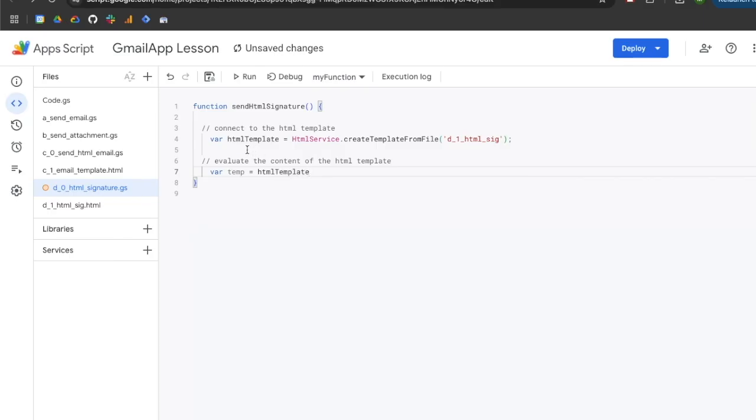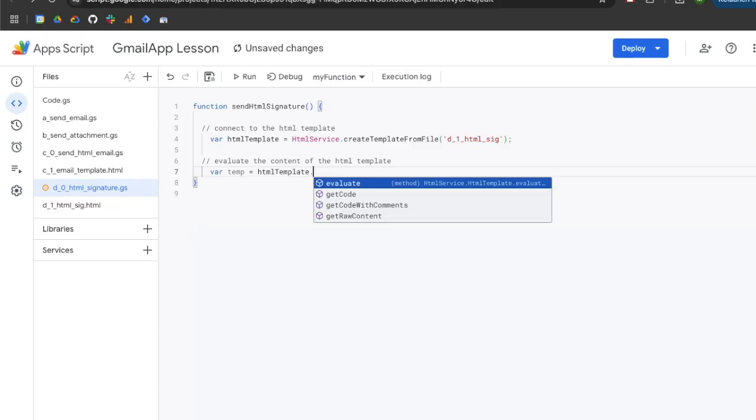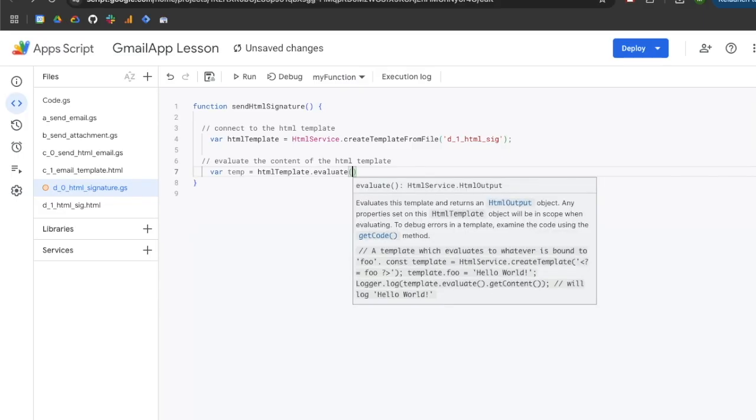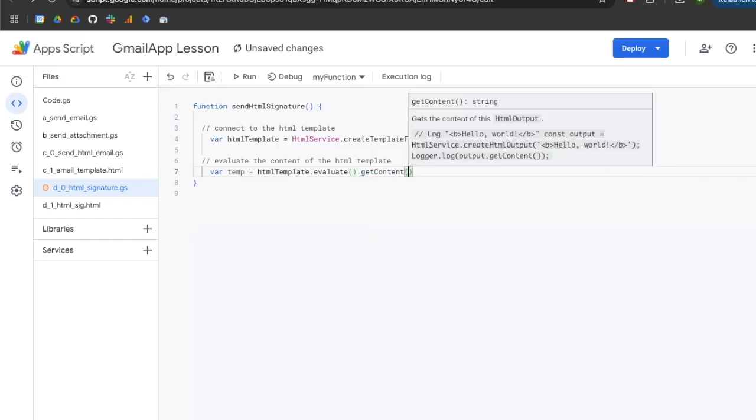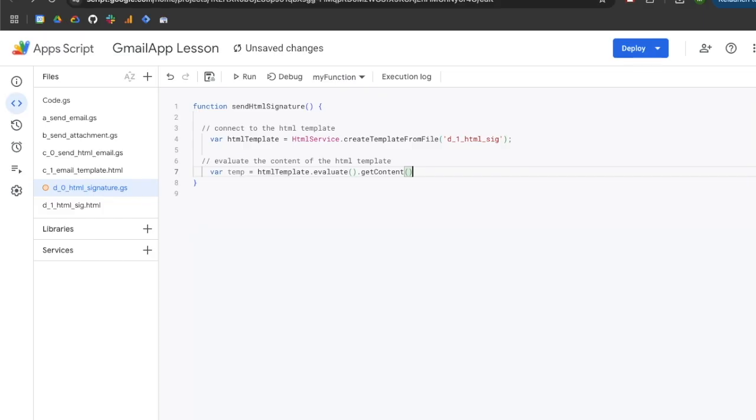I get the autocorrect. You can see that instead of being grayed out, it is now black, which means that it is being referenced within your project file. We are going to use .evaluate, open up a set of parentheses. We do not require an argument, so we're going to hit the right arrow on our keyboard, and then we are going to use .getContent, capital C, open up a set of parentheses. This also does not require an argument, so we are going to hit the right arrow on our keyboard,